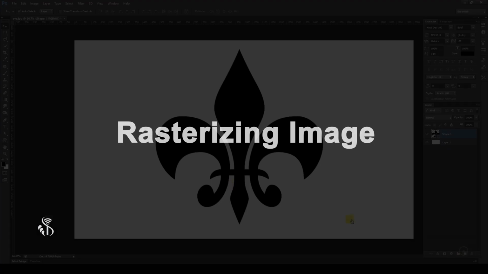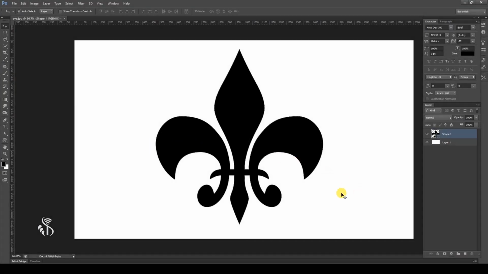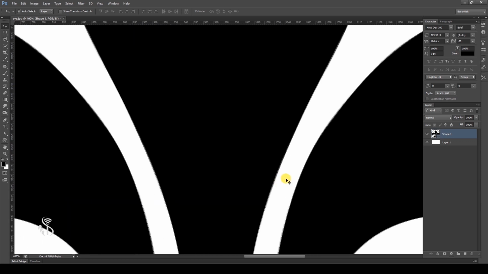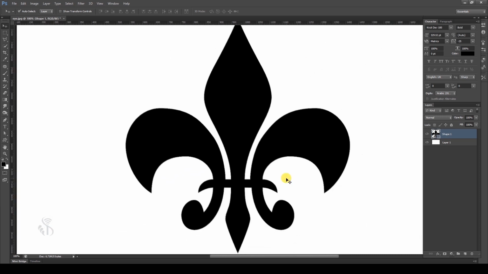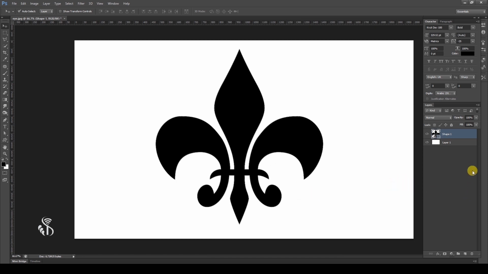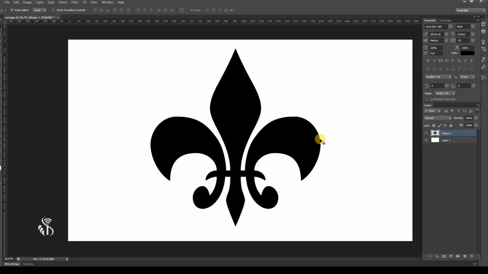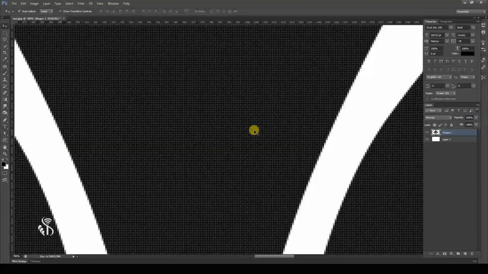Rasterizing image. Rasterizing a vector layer means to convert it to pixels. Vector layer graphics are created using lines and circular shapes. This means that irrespective of the size of the image, the clarity of the image does not increase. However, to give it an artistic effect, it is essential that rasterizing is done. That is, the image is converted to pixels. When we zoom an image, the pixels, that is, the square-shaped dots in the image, will be visible.